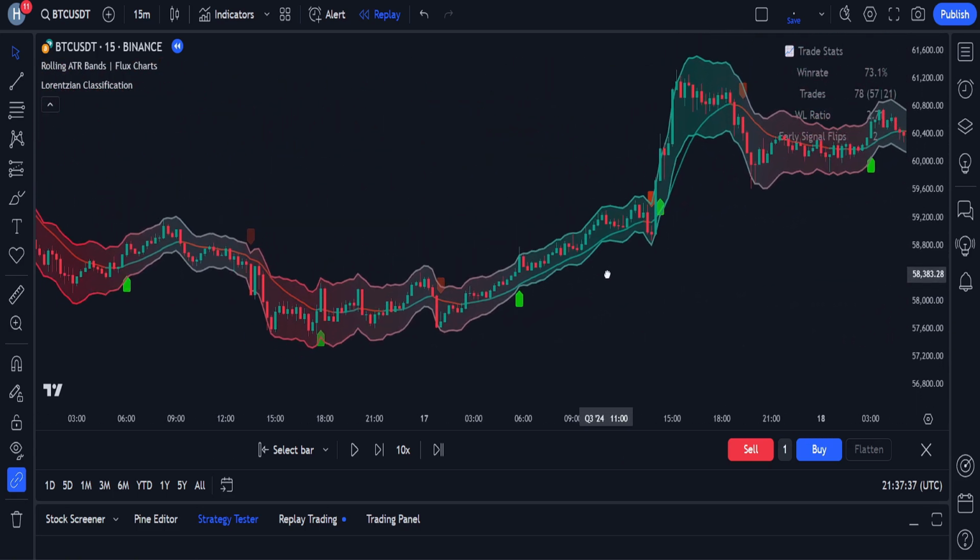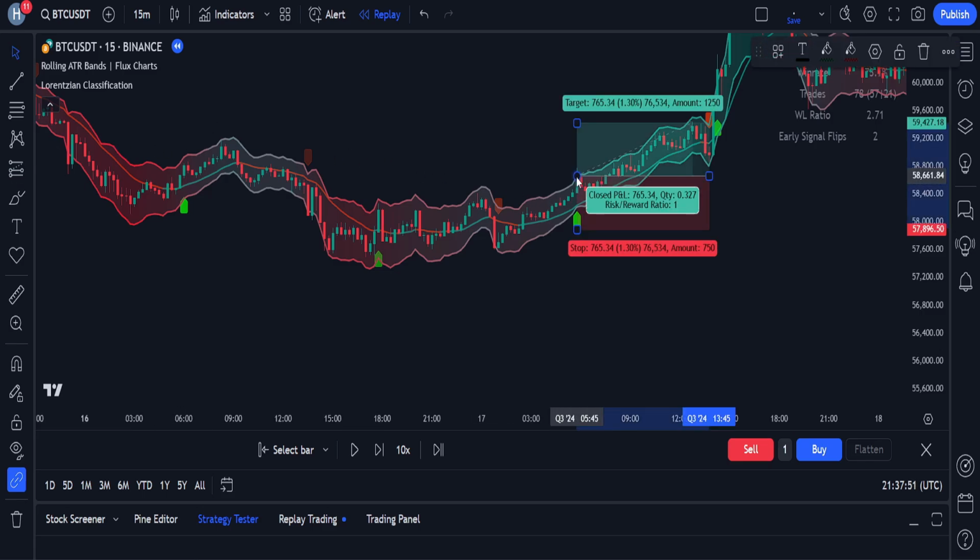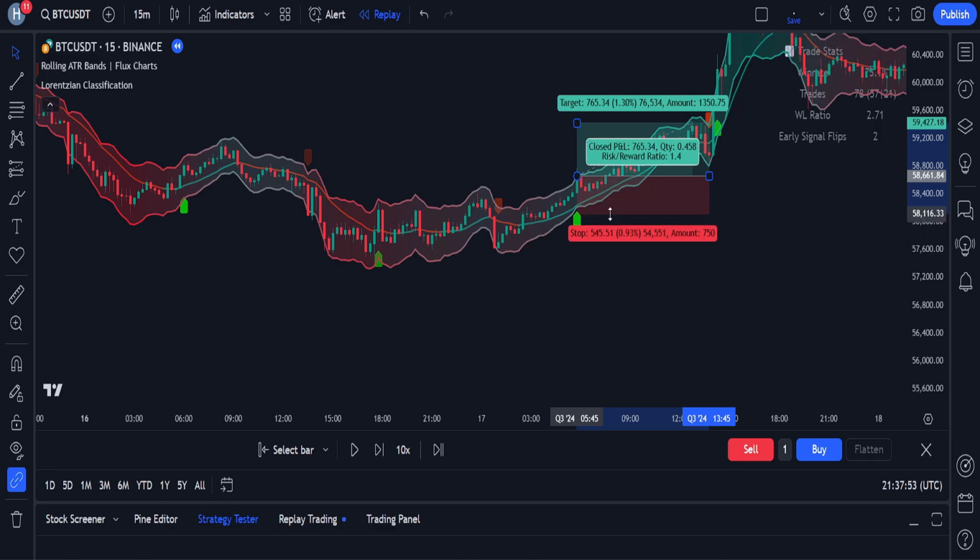Say the bands are green, just like we can see here, indicating a bullish trend, and as we can see here, the Lorentzian classification shows a buy signal. This is where you will open a buy position. To set your stop loss, you can set it just below the lower band, then trail it up as price